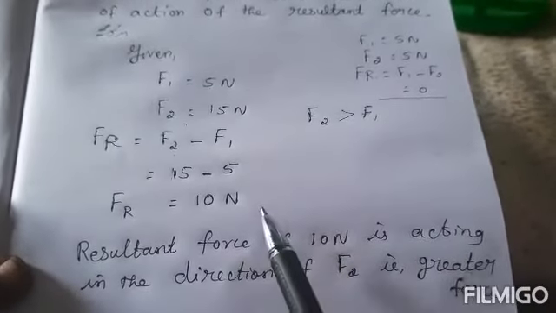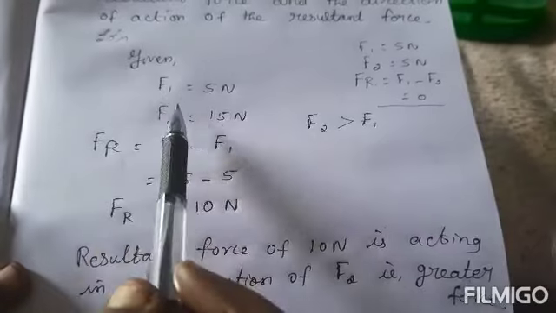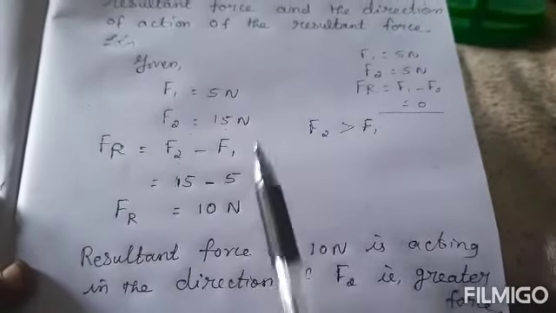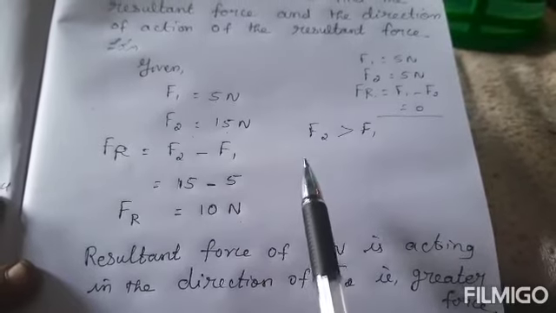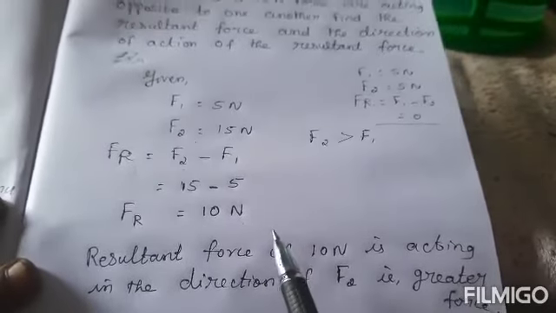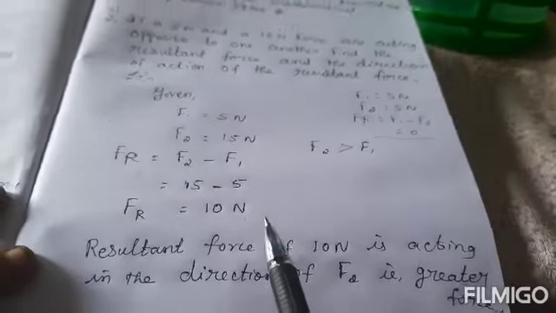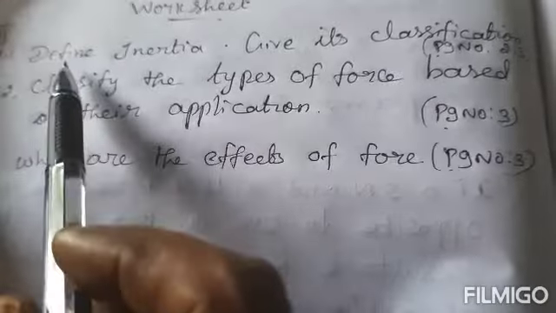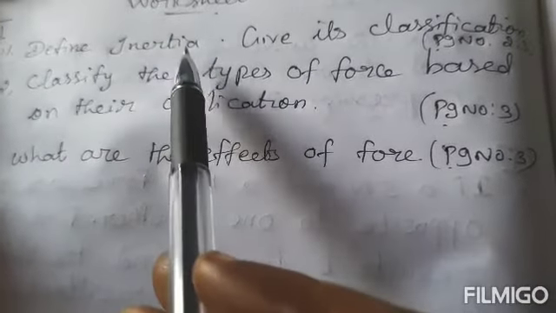This is a 2 mark question for you. First write the given, after that the formula, substitution, answer and unit. If everything is there, only then will you get the 2 marks. Okay, students? Then we can mark the questions. Take your books, all of you. Students, for today's worksheet, first question: define inertia.